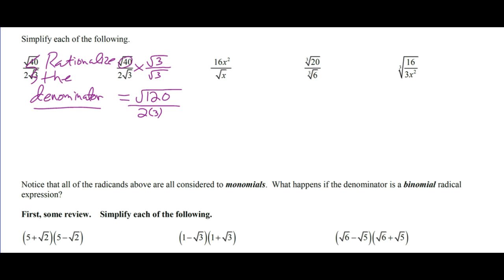But here we are now, so we got to simplify this. What's the largest square that goes into 120? 4 go in? Yep. 16? Nope. I mean, if 4 goes in, I want to try 16. So 16 doesn't. Okay, so it's going to be 2 root 30